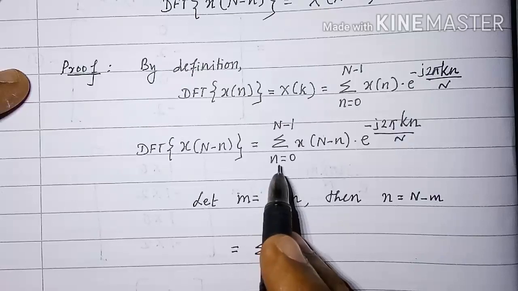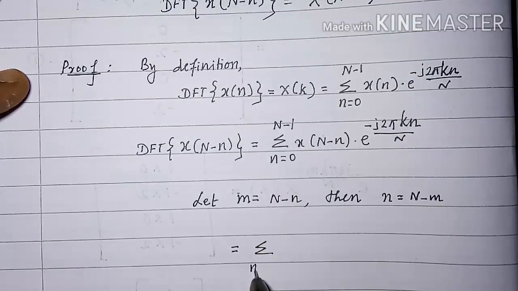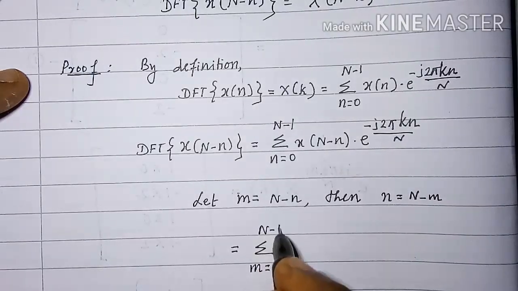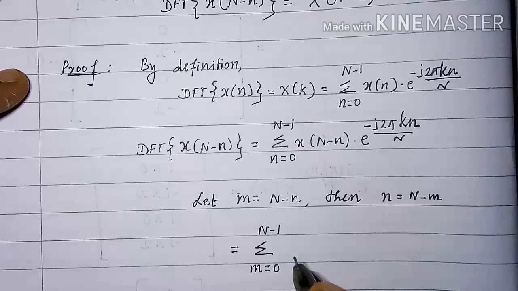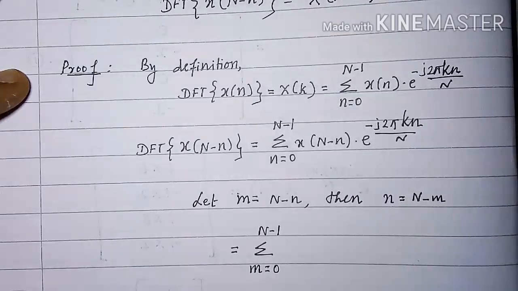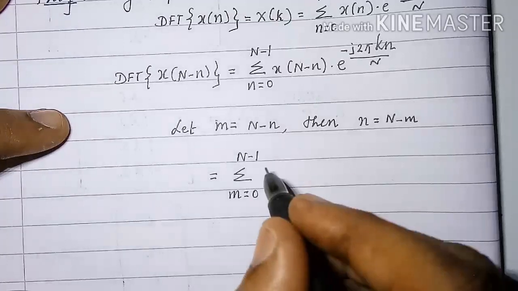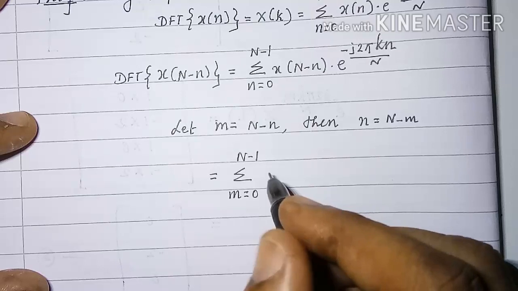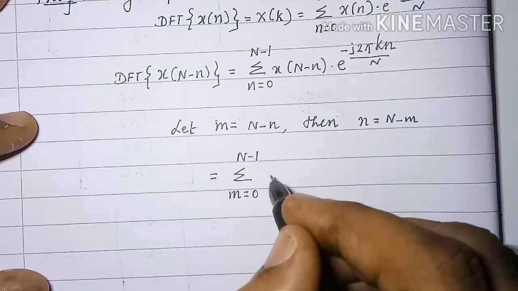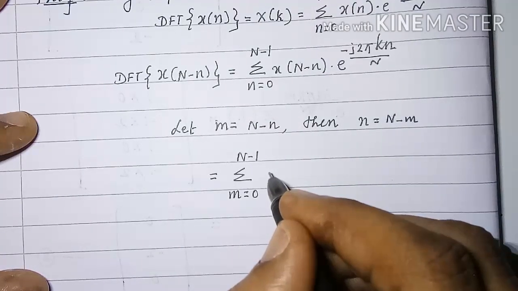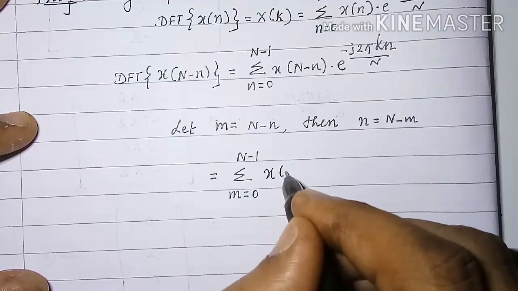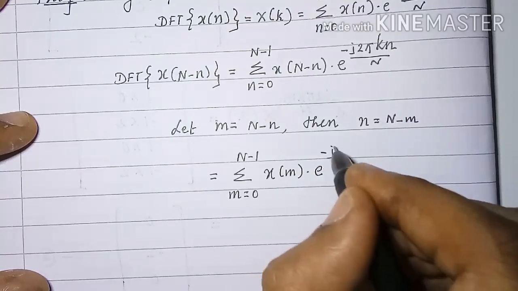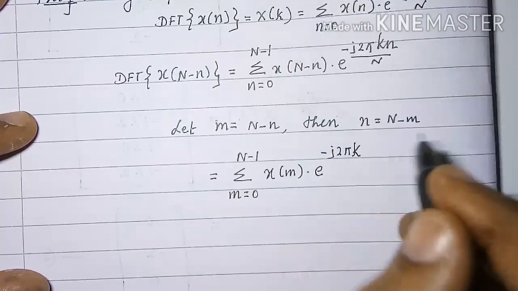Here also I will have to replace small n by m. m equal to 0 to capital N minus 1, that is, x of m into e raised to minus j 2 pi k